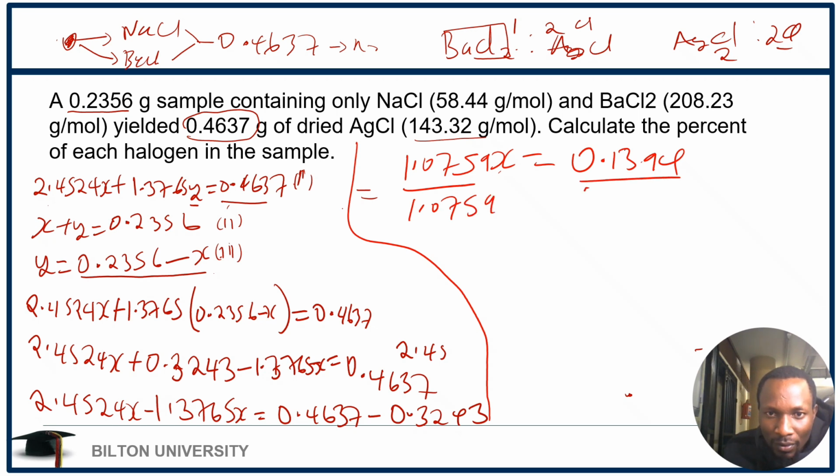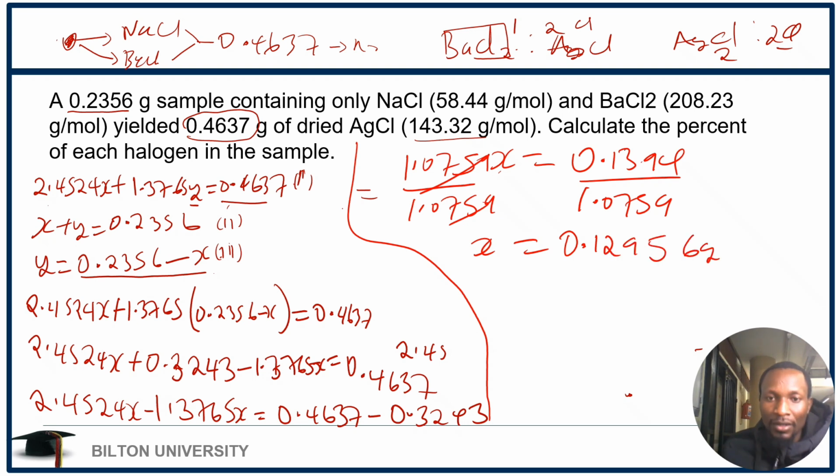1.0759. 1.0759, this one cancels the other, and x is going to give us a mass of 0.12956 gram. From all the way where we started until now, we have managed to calculate the value of x. And remember, x represented the mass of sodium chloride. So it means that the mass of sodium chloride that contributed to the 0.4637 of silver chloride is this mass here,